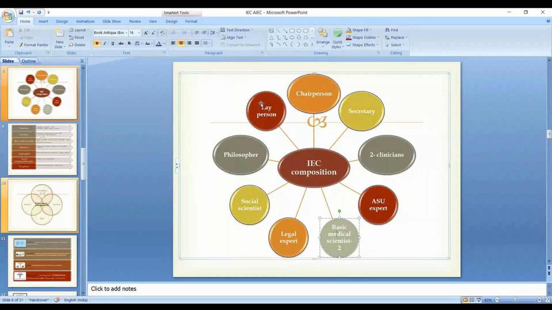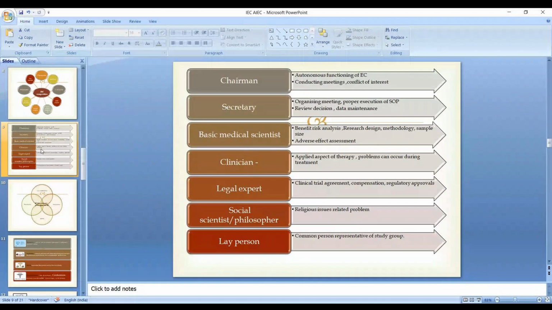4 बजे सुबह उठ के लेना है ये मेडिसिन, 4 बजे सुबह उठ के आपको प्राणायाम करना है, तो लेपर्सन can raise this thing कि ये पॉसिबल नहीं है लेमैन के लिए. So this is the role of layman regarding this. Chairman has to take care that the meeting should be conducted properly, and he has to take care कि this is an autonomous functioning. It should not be burdened by somebody.